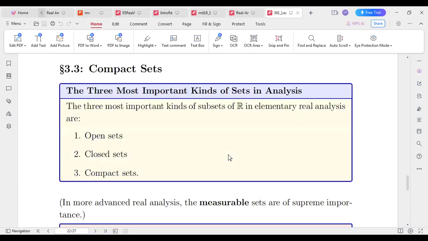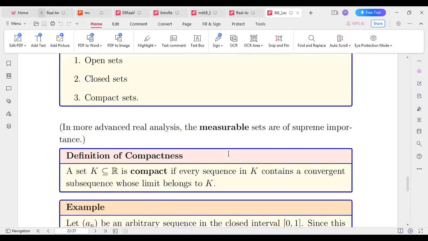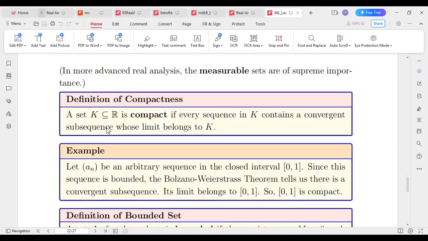Now the compact sets. The three most important kinds of subsets of R in elementary real analysis are open sets, closed sets, and compact sets. Open sets and closed sets we discussed earlier. Now what will be the compact sets? A set K, which is a subset of real numbers, is compact if every sequence in K contains a convergent subsequence whose limit belongs to K. So there will be a limit which is contained in K,